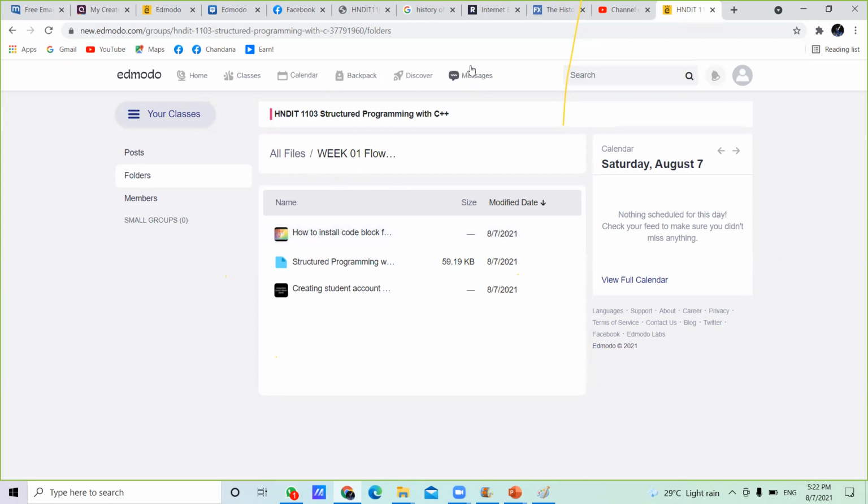There is a message option also available. Through this message option, you can directly contact me. Please send messages if you have any difficulties in anything, not only installing the software, any other difficulties when we are doing the programming language. You can ask from this message box.